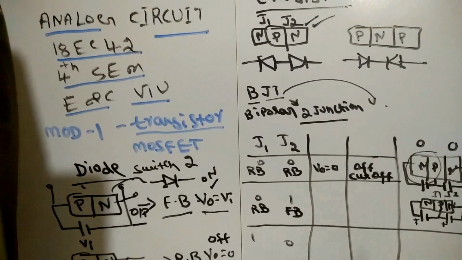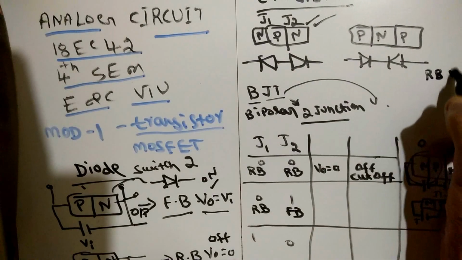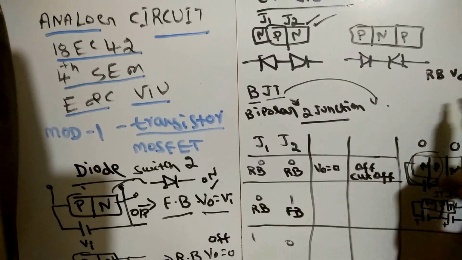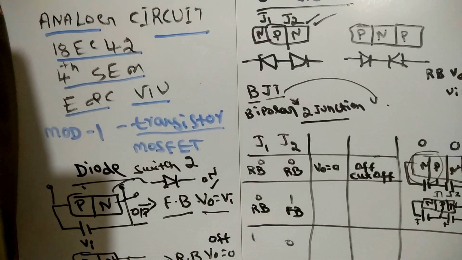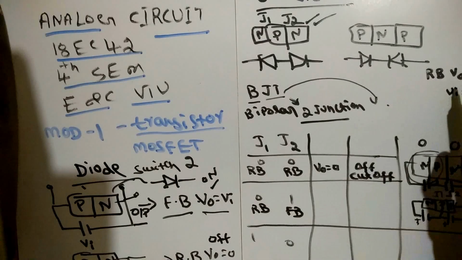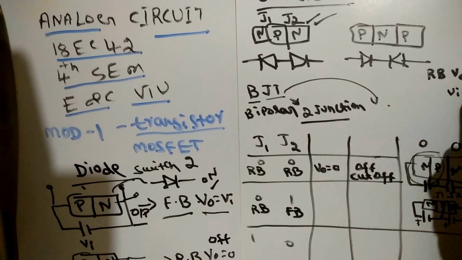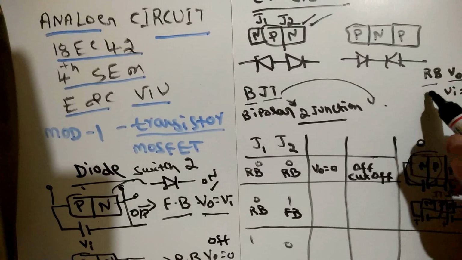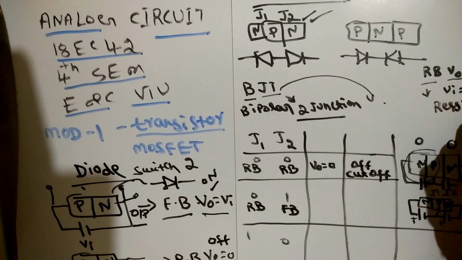Usually, reverse bias means we get V0 equal to 0. That means we give Vi, but all of the Vi is resisted or held by something, like a dam holding water that is coming, and we do not allow it to enter the other side. So we are resisting all this voltage and the output we get is 0. In this reverse bias condition, we always say the resistance is very, very high.